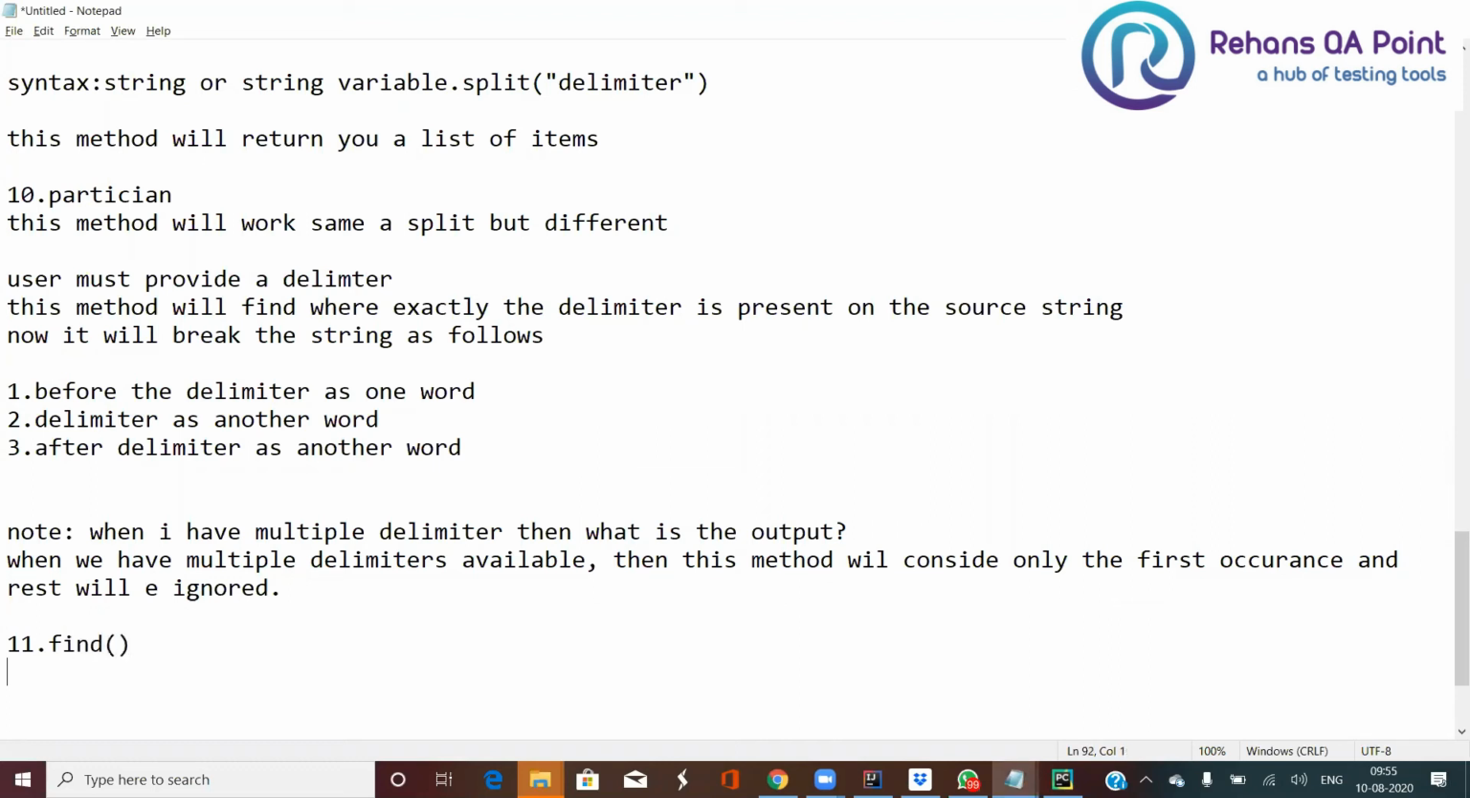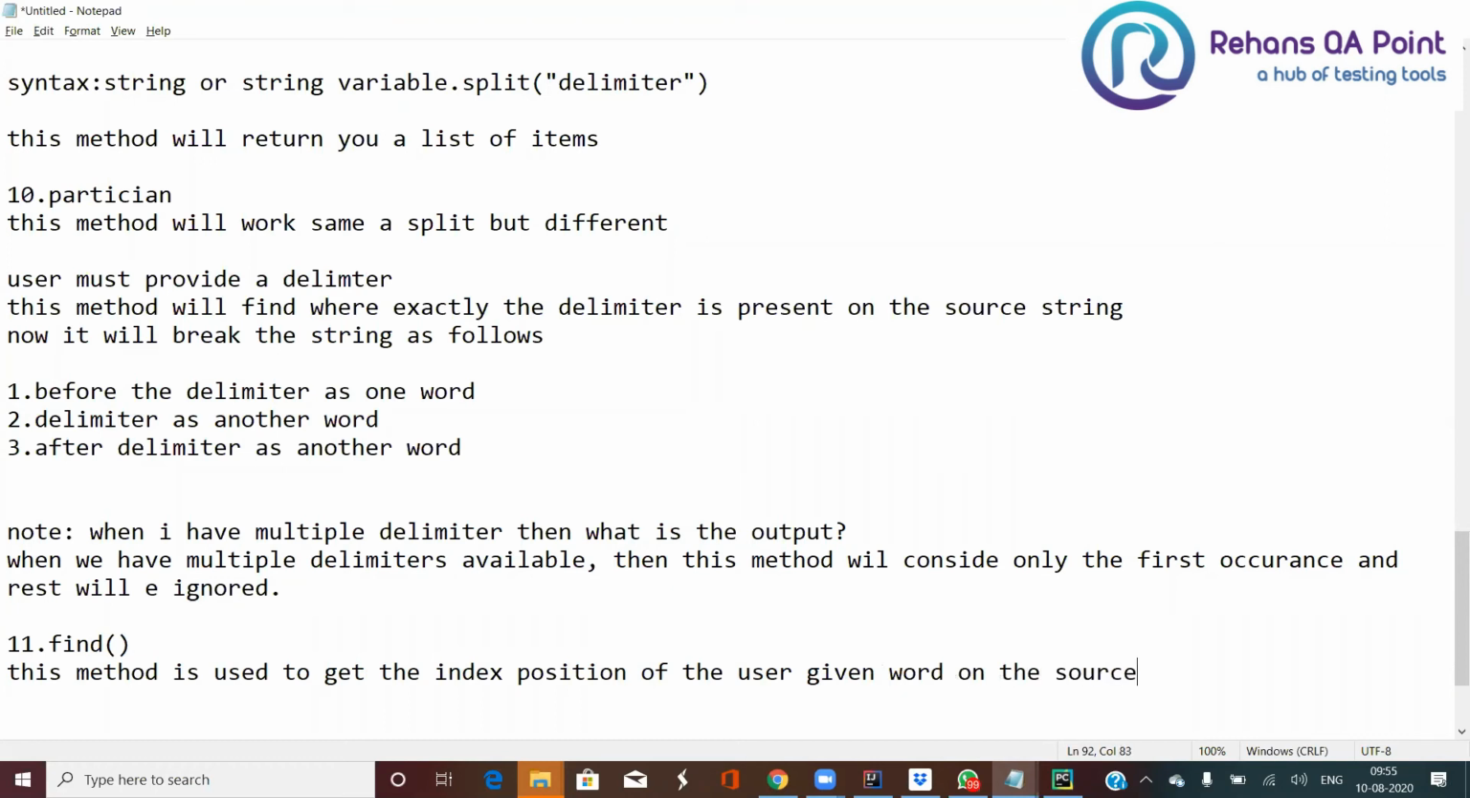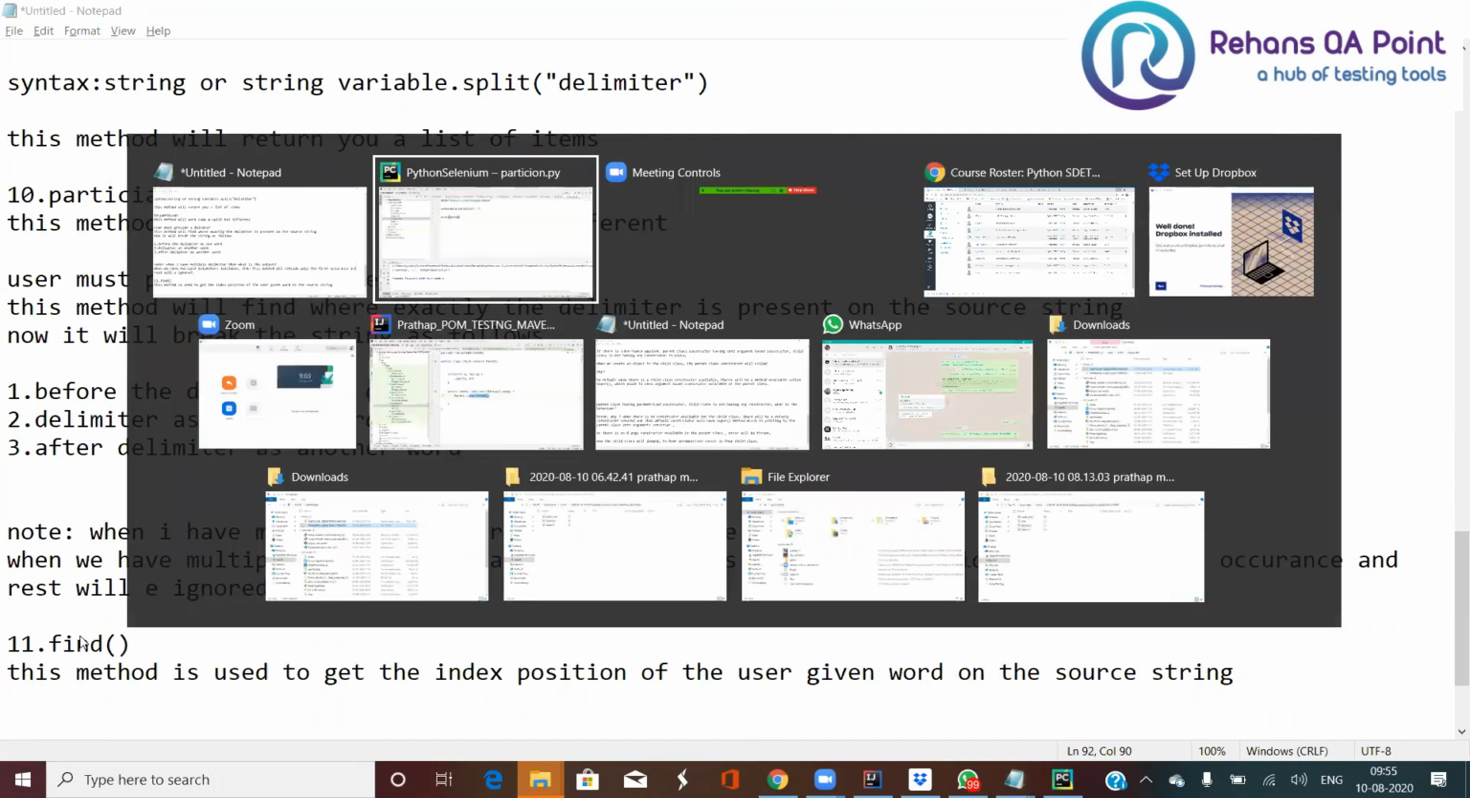Fine. So this method is used to get the index position of the user given word in the source string. Okay, so this method is going to help you to get the index position of the user given word in the source string. Okay, for example,